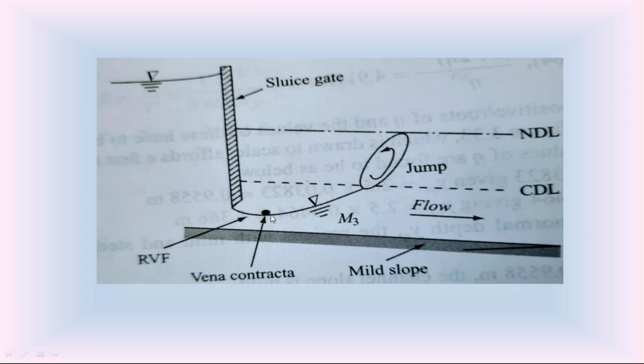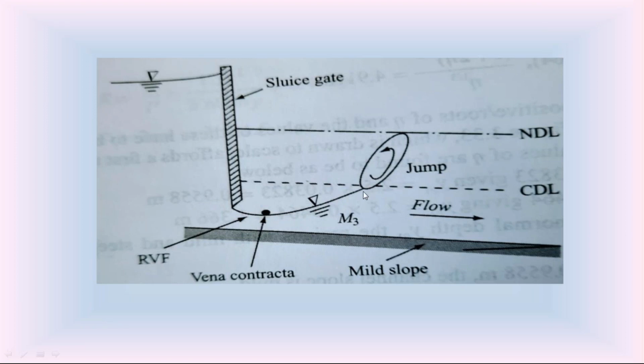Check this water surface in this diagram. This water surface here is below the normal depth line and also the critical depth line. The water surface is below the normal depth line and critical depth line. So this water surface is in zone 3. So it is called M3 water surface profile. You know that in zone 3, the slope dy by dx is positive. So this M3 water surface profile is a rising water surface profile.